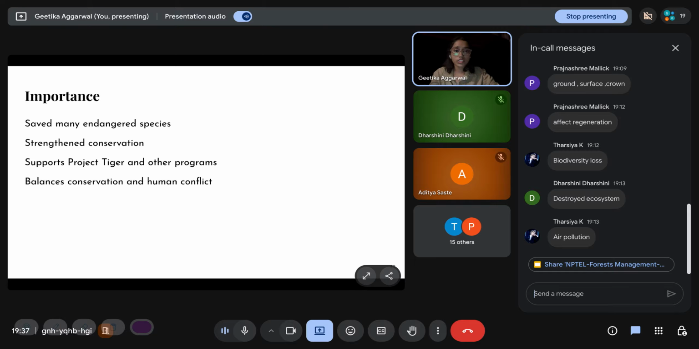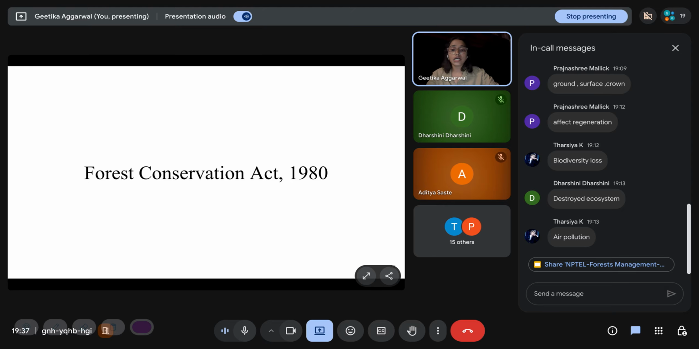It has strengthened conservation of species, supported Project Tiger and other programs, and it balances conservation and human conflict. Because humans are not just allowed to kill animals, it sort of tries to balance out the wildlife-human conflict. Okay. And the last law, or the last act which was discussed in this lecture, is the Forest Conservation